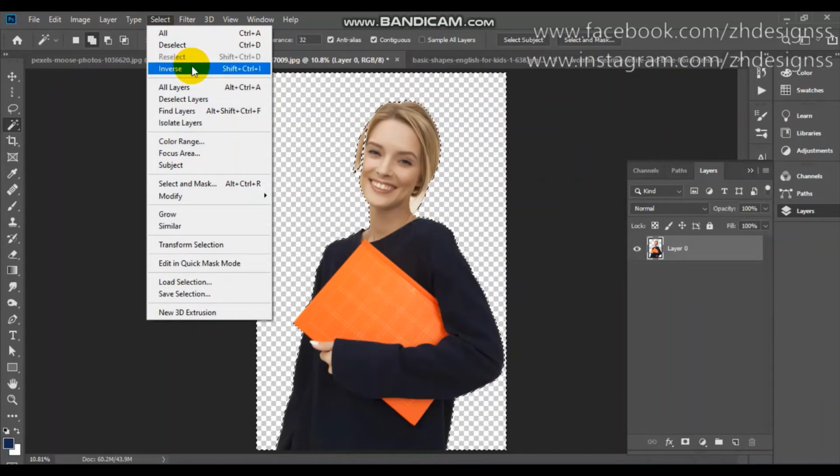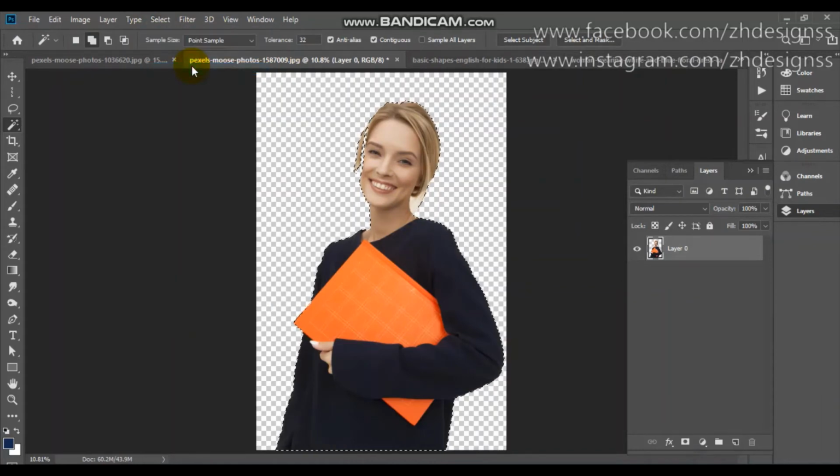So Shift+Ctrl+I is the shortcut key. You can simply take the selection of your subject and add a layer mask. It was so simple, with the magic wand tool. So if you know that you want to remove the background later and you are taking the picture, I